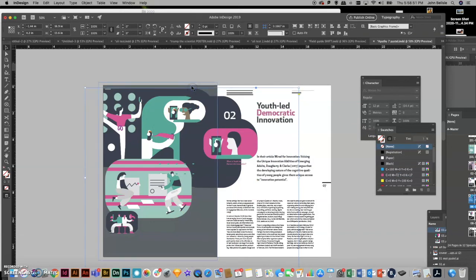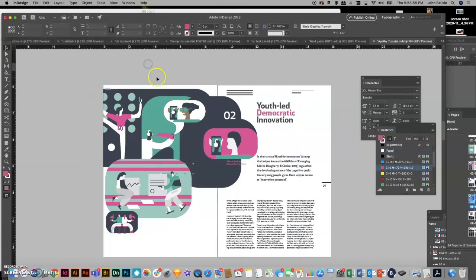Let's just bring this down a little bit. See what that looks like as white. So again, now you see what it looks like as white. So yeah, there's lots of different ways to sort of start where your illustration goes, how it relates to text. So I try and play around as much as possible when I first start the project. So yeah, I look forward to seeing what you guys